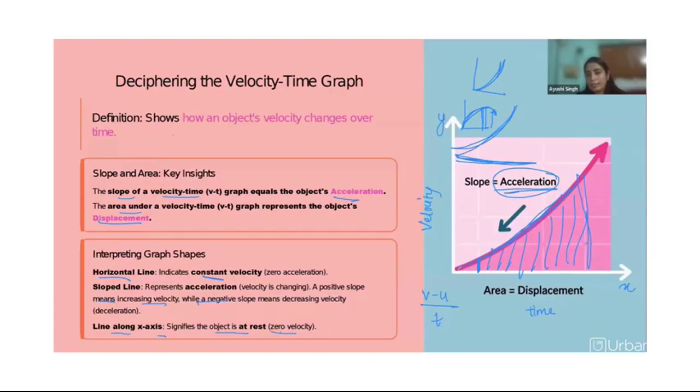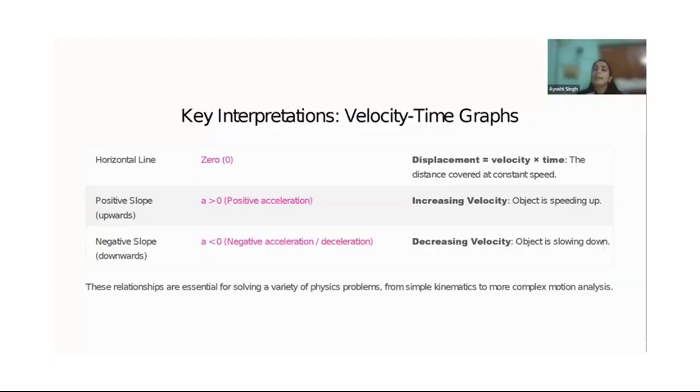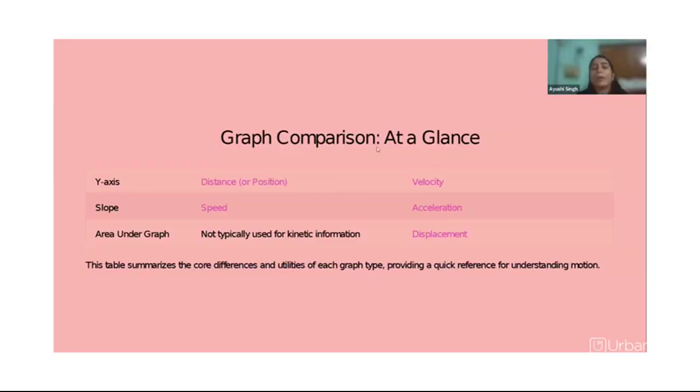If the line is here, matching the x-axis, okay? Now, so here again, velocity time graph, you can easily tell that horizontal line is zero, no displacement, right? Positive slope is if acceleration is more, right? So increasing velocity will be there, and negative slope is if acceleration is less than zero. Okay, if you are putting brakes basically. So that is decreasing velocity. That means object is basically slowing down. Okay, now if we compare,